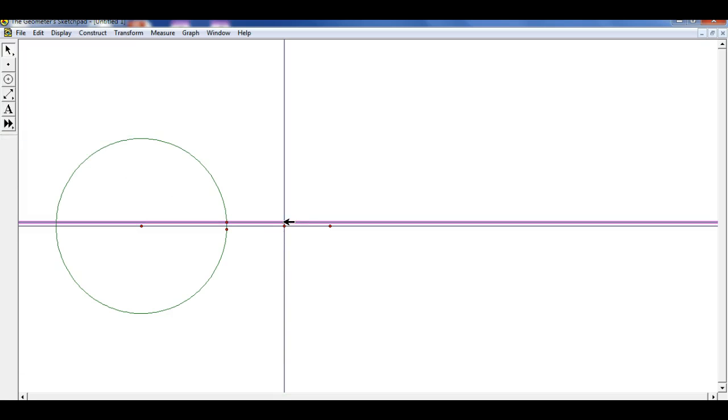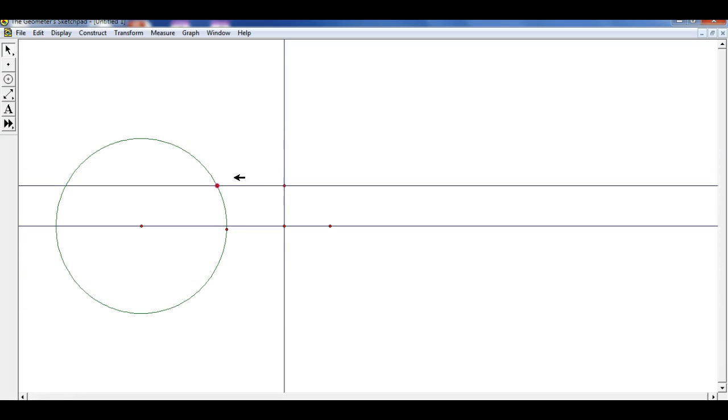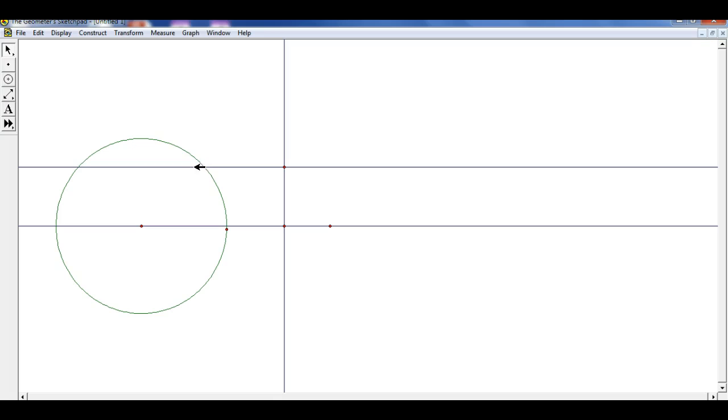And now I want to plot this point right there. So now what should happen is as I move this one around the circle, it's going to go up and down. Alright, so it's really just saying what's the height of this whole thing. Okay, good. So now that I have this point, I'm going to select this point, and at this point, we're going to go over to